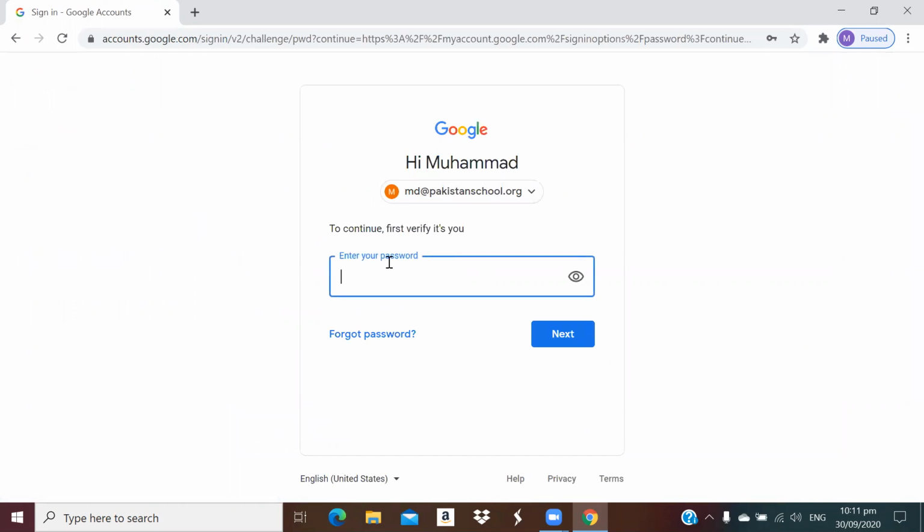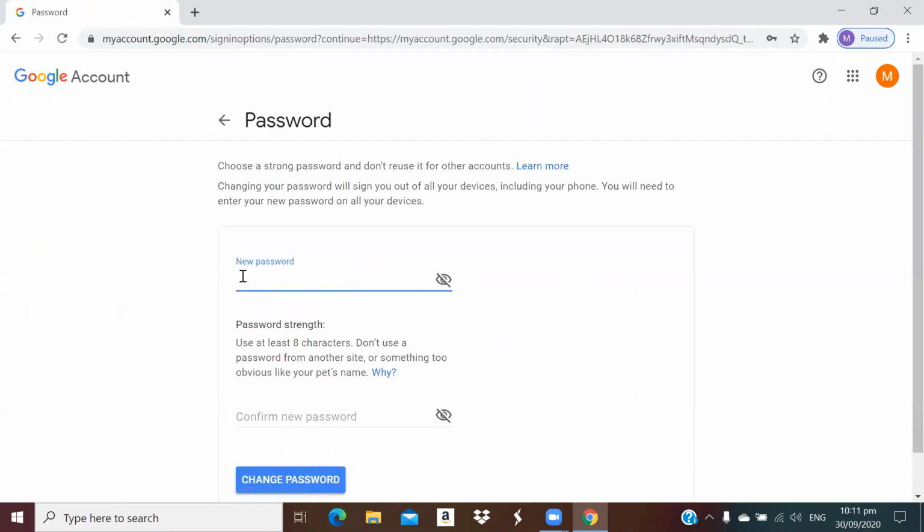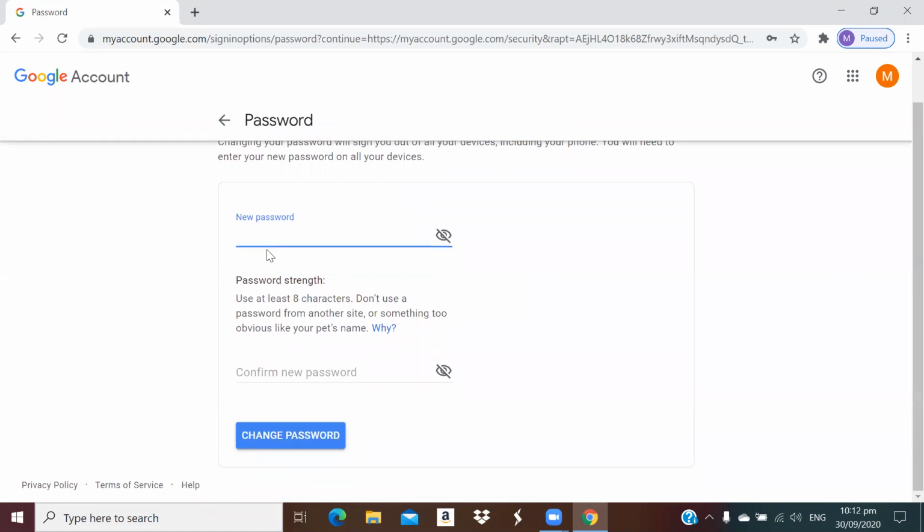Click on the password. It will confirm that you are the real person. To continue, it first verifies you. Enter your current password. Press enter or click on next. Here it will give you the choice to enter a new password. Or type the new password. For example,